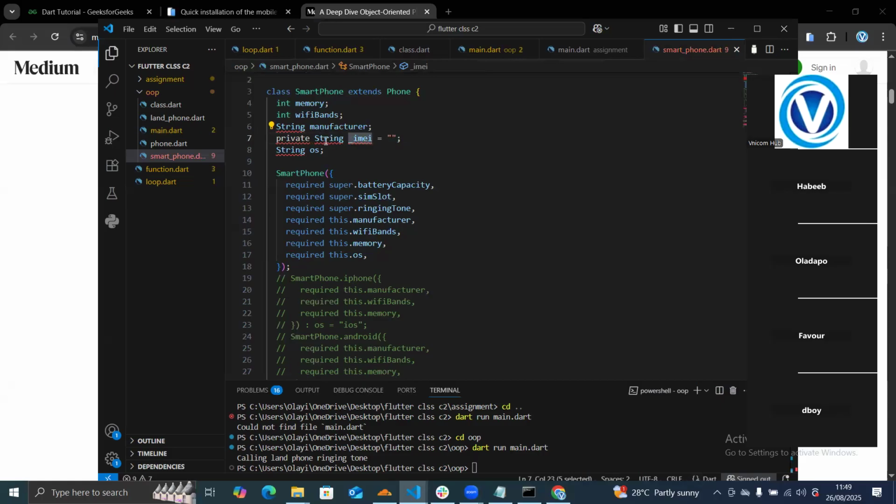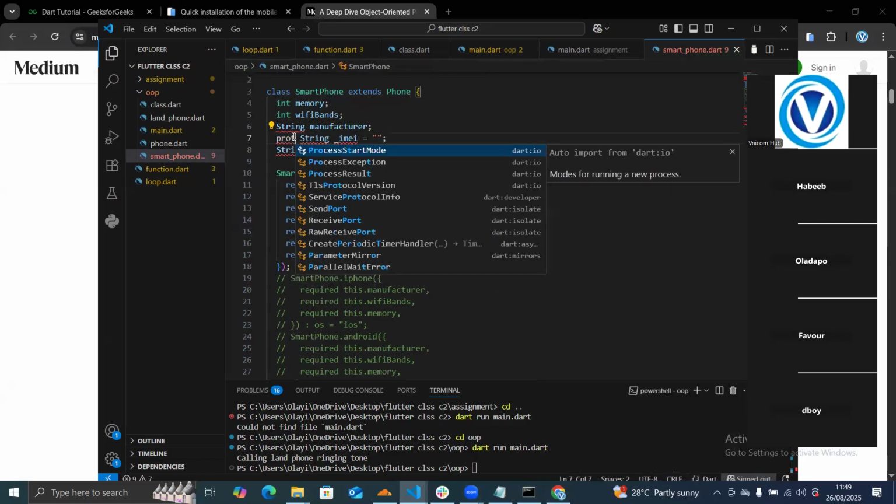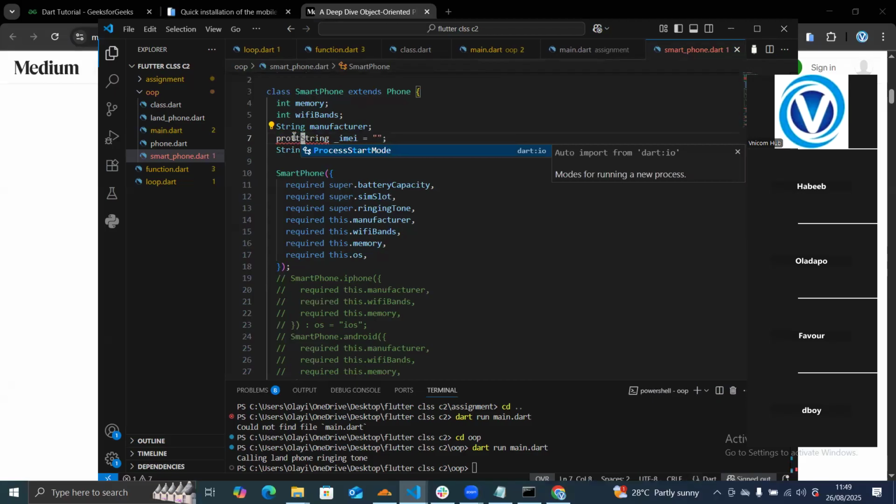Some other programming languages have different modifiers. So Java has private, it has protected,